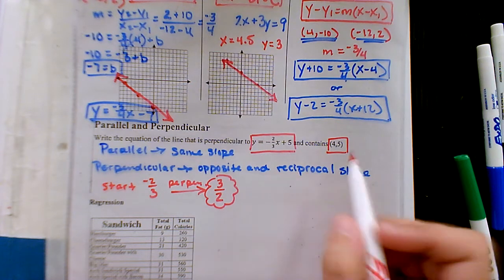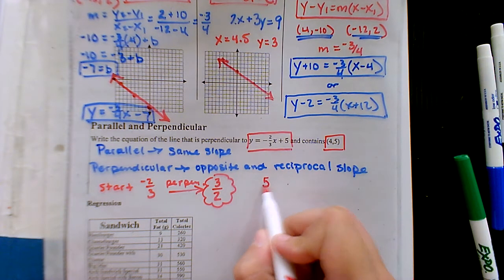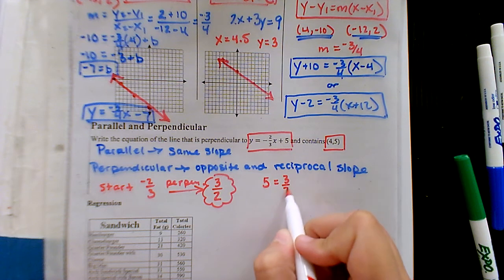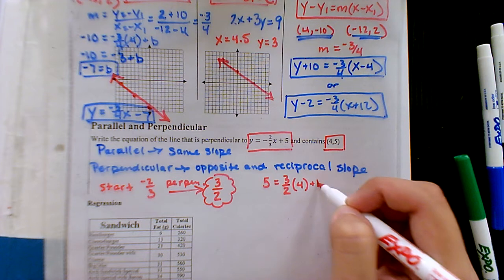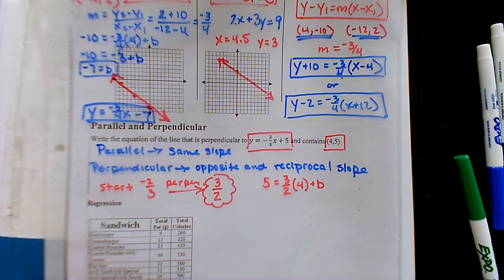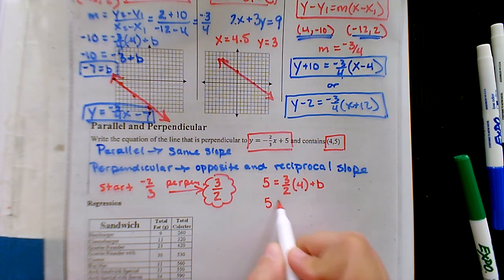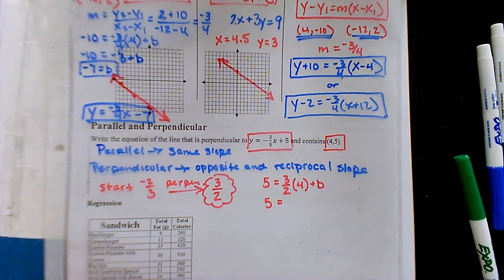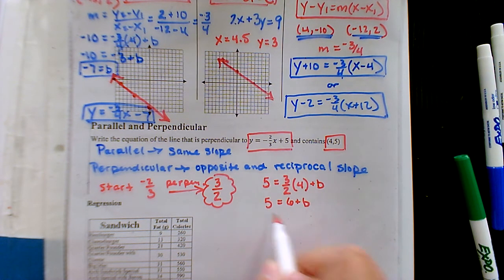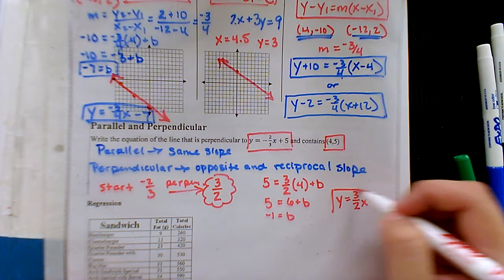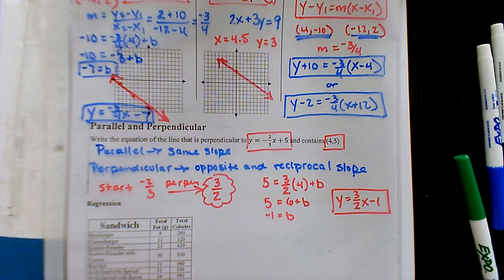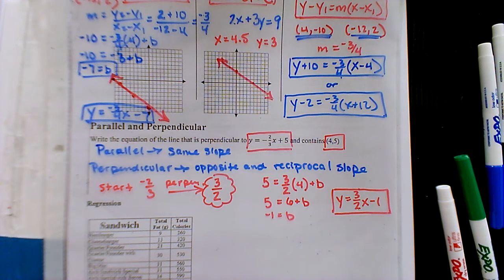Okay. So let's see. This point, the y value is 5. The slope is 3/2. The x value is 4. So we got to figure out the b value. 3/2 times 4? 6. So b is -1. Okay. So y equals 3 over 2 x minus 1. I like it. So Matt chose to do slope-intercept form, had to calculate a little bit, but he still found